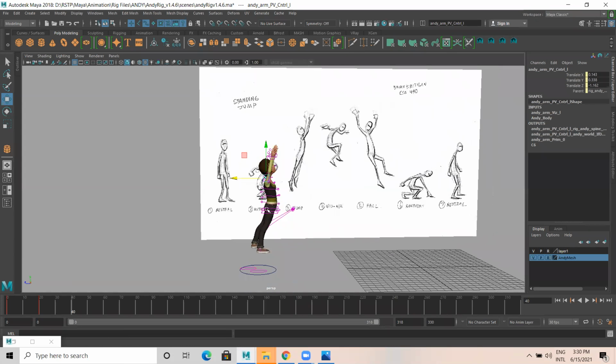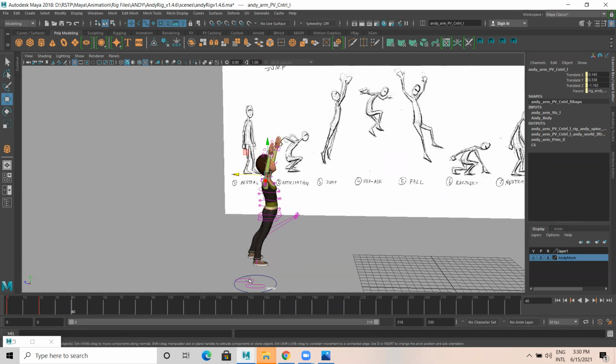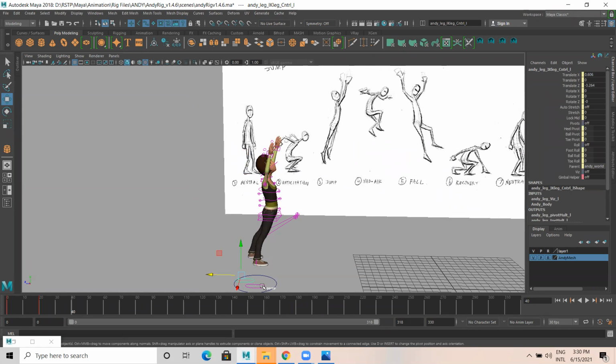Okay, observe this. Then after that, if you look into this, I'm selecting this and this.